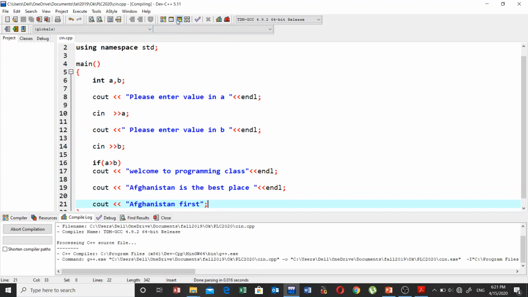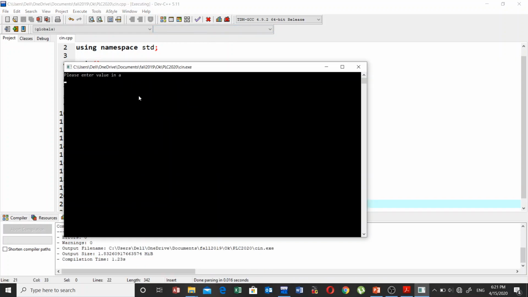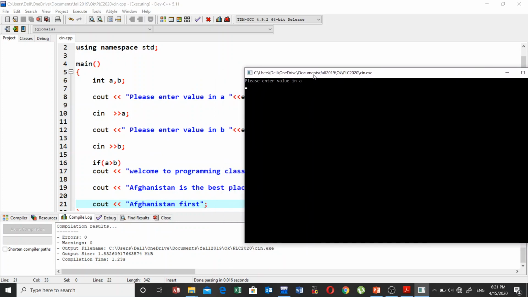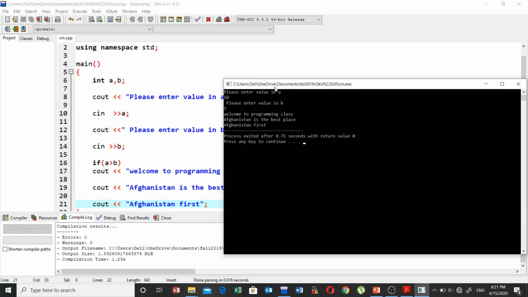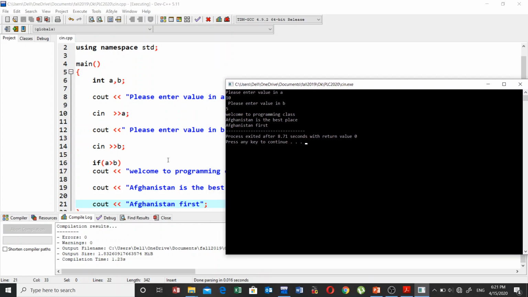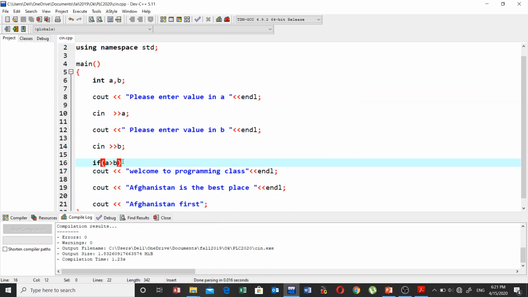But when I run this program, let's see the result, what happens to this statement. Let's make the condition true, 10 greater than 5. So the condition will be true. All the statements are basically executed one by one, but keep this thing in your mind that when the condition is true, only this statement will be executed. If you want to execute multiple statements, then you have to enclose them in double quotation, sorry, in brackets,